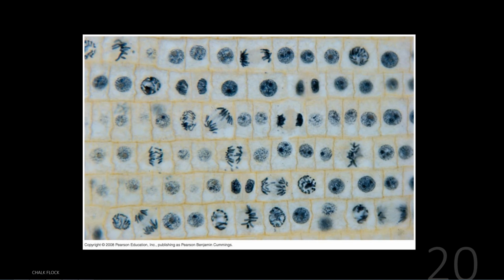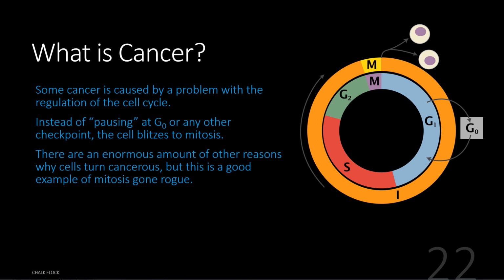Cool. So we basically covered everything that we need to cover according to the study guide. I also want to cover something about cancer, because cancer is a really good example of mitosis gone wrong. This is our good buddy, the cell cycle again. Cancer is really complicated, but there are some types of cancer which are caused by problems in mitosis. Okay, and G0, growth phase 0, is basically like the cell will enter this loop between growth phase 0 and 1,